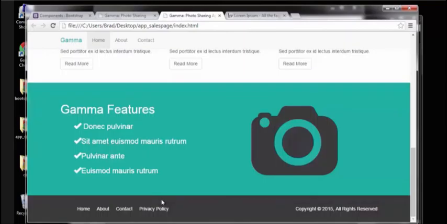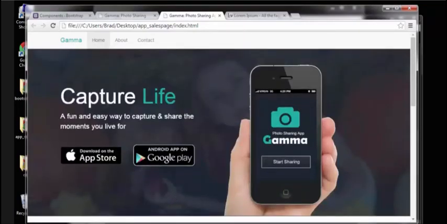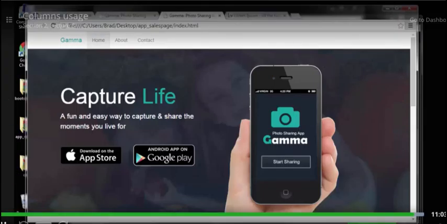Okay, so the home page is now complete as far as core design. We still might need to do some edits to make it fully responsive. Alright, but the home page itself is done, at least the markup is done. In the next video, we're going to go ahead and add the about and contact pages